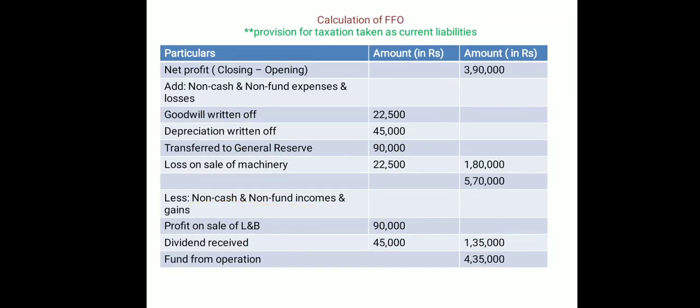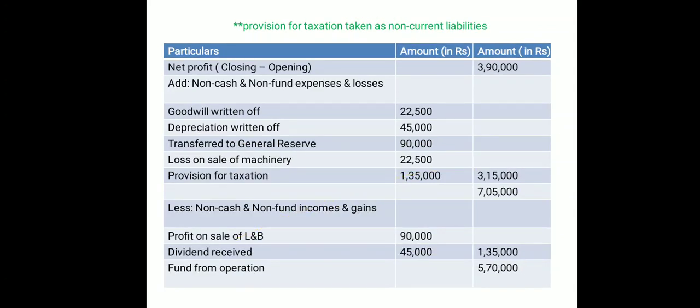So in the first solution, I have treated it as a current liability, so it doesn't appear while calculating the fund from operation. But now I am going to treat it as a non-current liability. So when I treat it as a non-current liability, it will definitely appear while calculating the fund from operation. And again, I am repeating for this class, just remember these 2 points. In further classes, in detail, we will check how to treat the provision for tax and what different steps will happen when we treat it as current and when as non-current. Right now, just small things to remember.